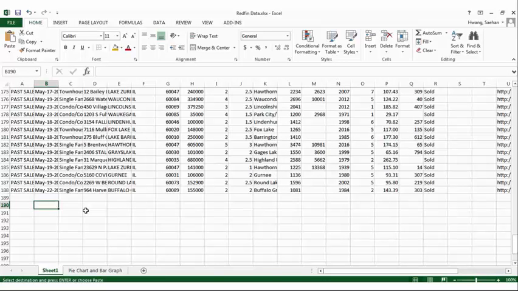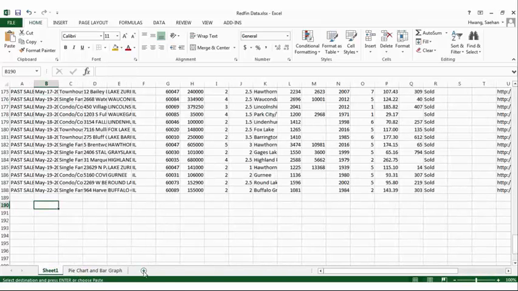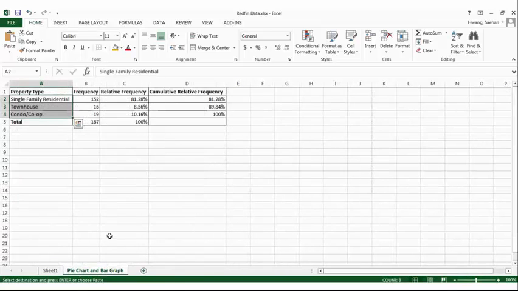Excel allows you to have several worksheets working on at the same time. So here I have two of them, and you can always create a new one by clicking on the plus sign. Here I have the frequency table for property types. This is qualitative data, therefore the proper way to graph this, if you remember, is pie charts and bar graphs. When you create pie charts and bar graphs, you can select